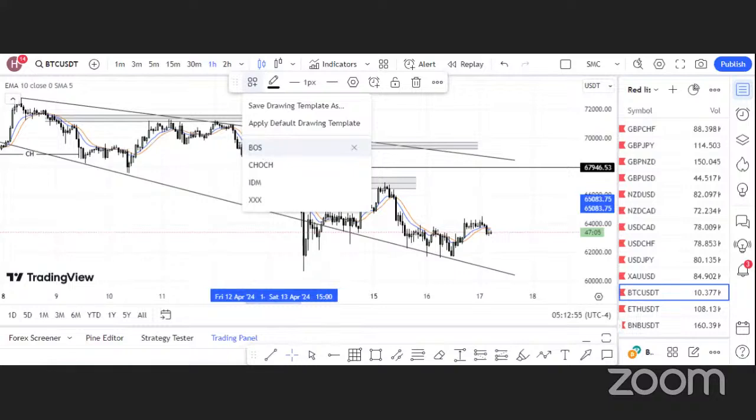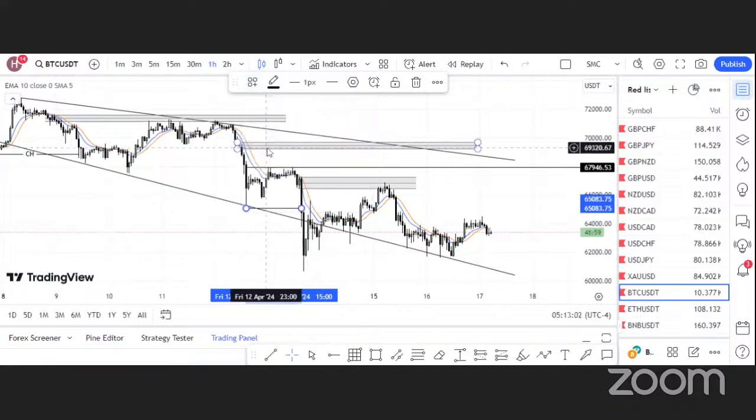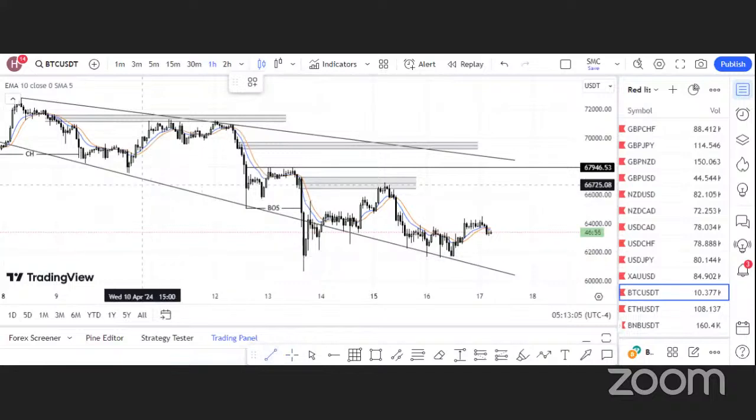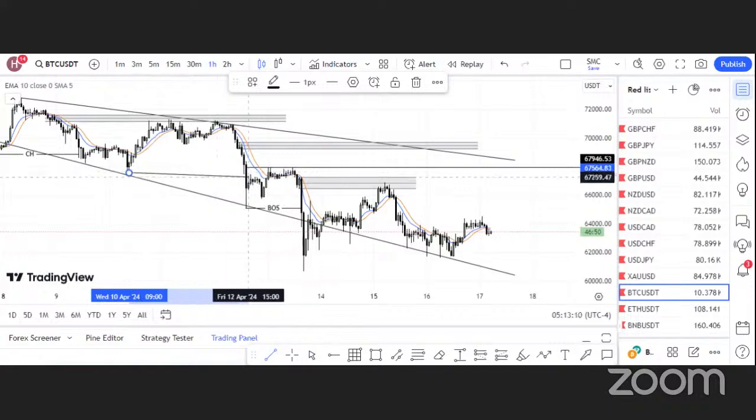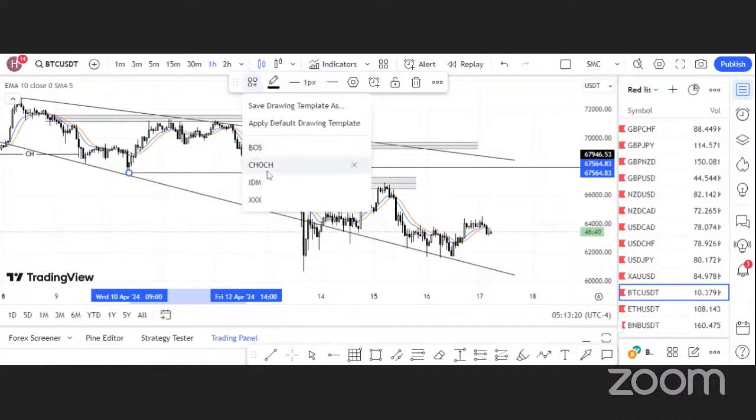I'm not saying you can't buy even if the market is on a downtrend. Just that if you want to buy, you need to be very careful. You don't want to go long on your buy. You want to buy for a very short time. You see, I use the word very, not just short time, a very short time. You don't want to stay too long in the market because if the market catches up with you,